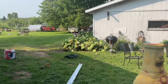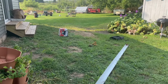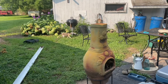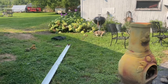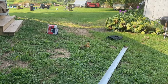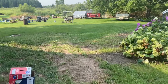This area here, when you walk out of the patio door off of the kitchen, will all be either cement or paver stones so that we can turn it into an entertaining area where we grill out and have meals together, and just a small little space where it's nice to sit down and have a cocktail. And back here we walk,